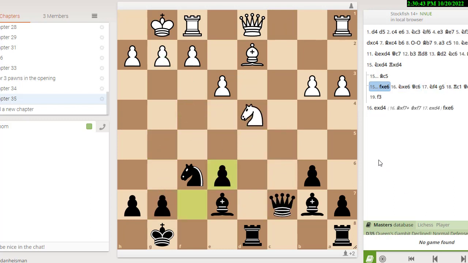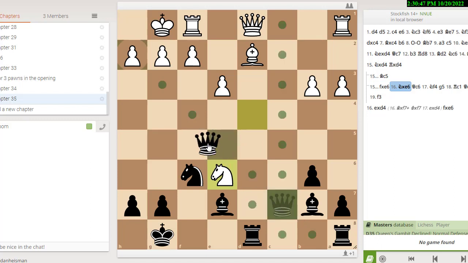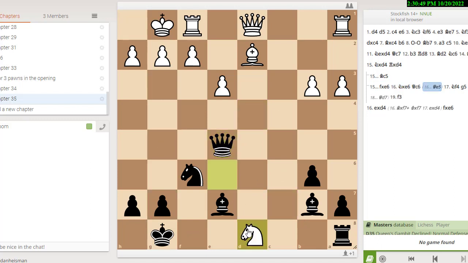But suppose black couldn't do that. Suppose white takes here, and black takes here, and white takes the rook, and black takes. Now white has what he started out for. White has a rook and 2 pawns for the 2 pieces. Who is this good for? Again, before I turn on the engine, evaluate this, and then we'll go back and we'll turn on the engine for all of these and come to some conclusions.